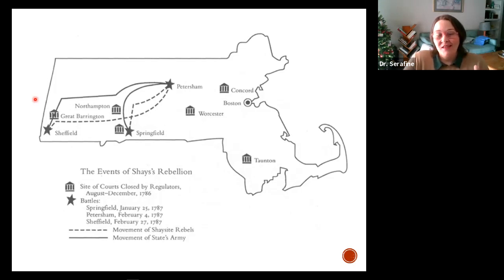His wealthy friends encourage him to pass higher taxes to pay back the state bonds, not to the original holders, but to the current holders. So these farmers in Western Massachusetts who sold their bonds to wealthy people over here are now being taxed higher than they ever were under the British, specifically to pay back the bonds that they sold, which would be a boon to the people that currently hold them.